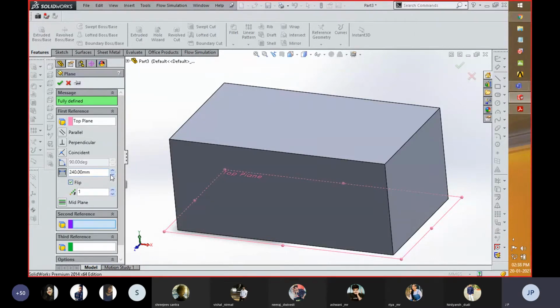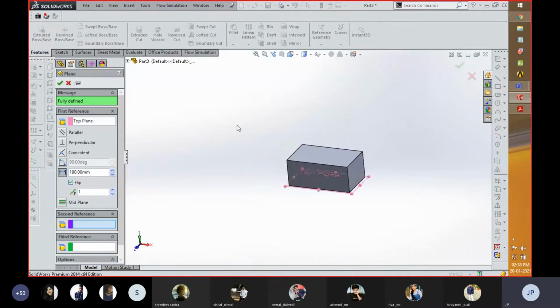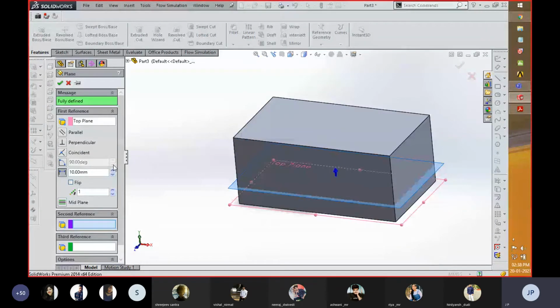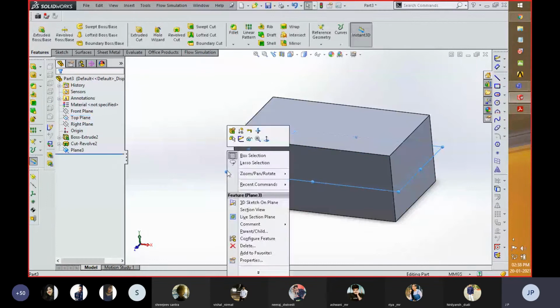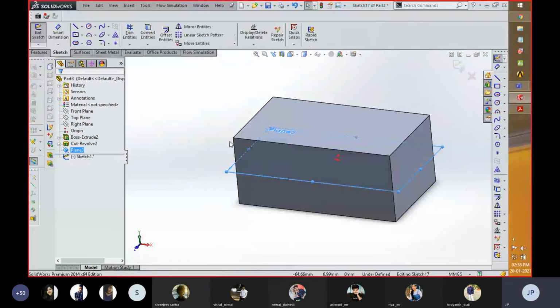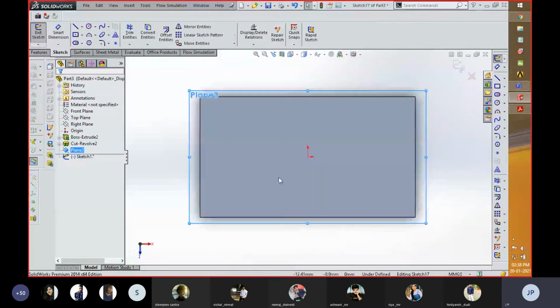Flip over here. This is the datum plane which is created. I created this plane so that my profile or whatever geometry I need to create should be in the center. Okay.